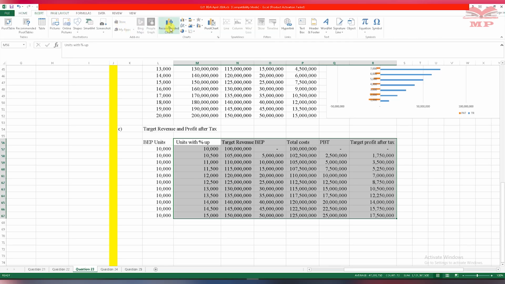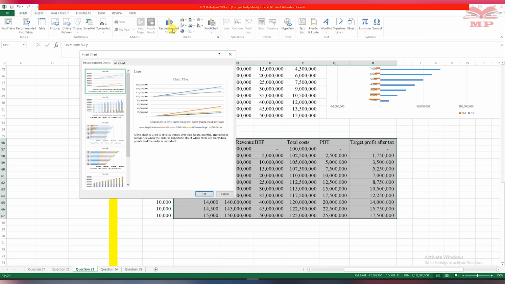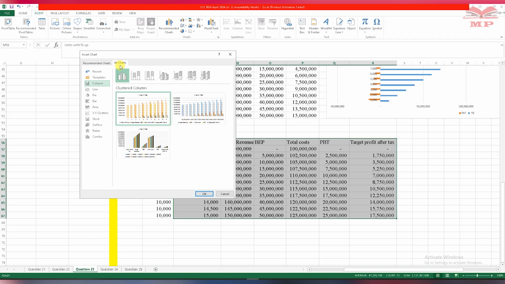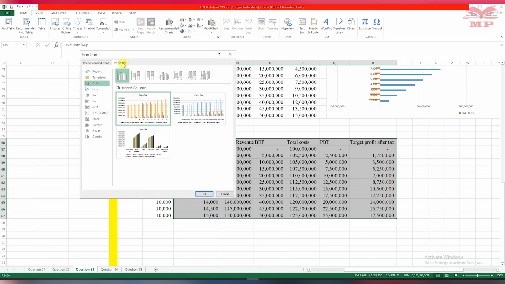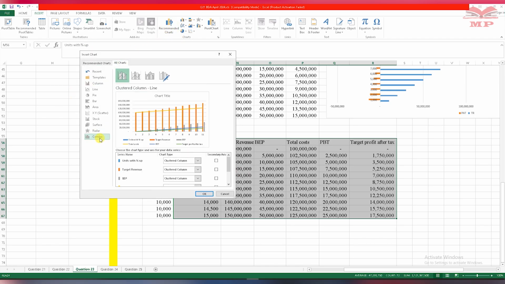Insert recommended charts, and we are saying that because we cannot pick it like that, so we'll be able to define the charts, then we can put it inside a combo chart, combination chart, combo over here,